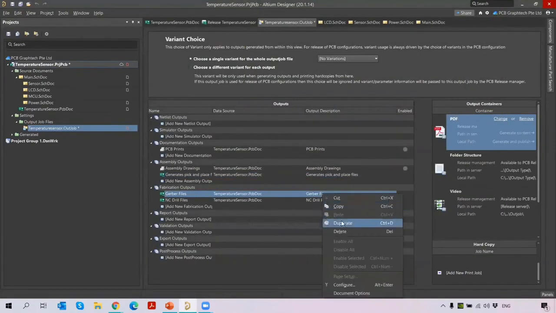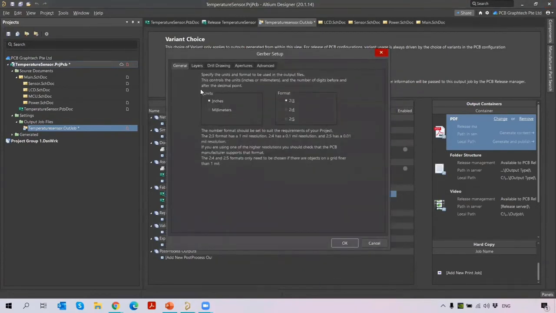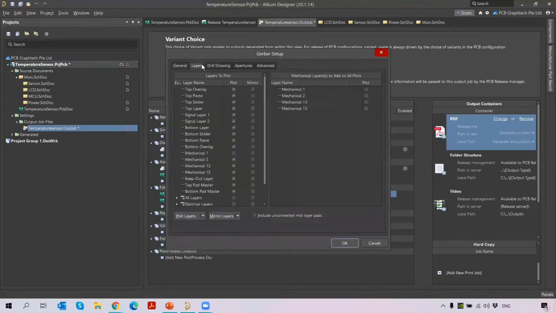Then my Gerber file. I need to configure the Gerber file. When configuring, you will see the general units you can choose and the resolution you want, 2:3, 2:4 or 2:5, based on your MILS resolution. Then going to the layers, you can choose all the layers you're using in your project for Gerber generation.